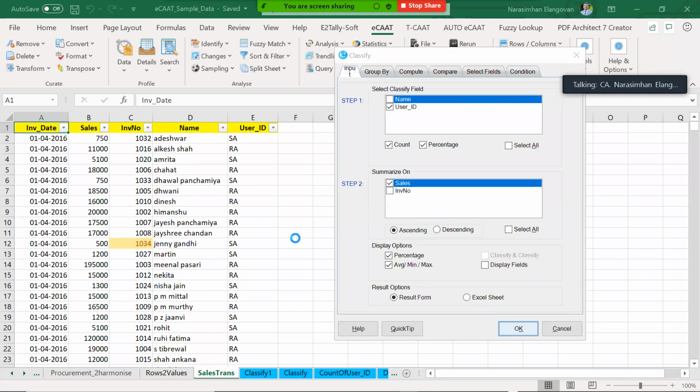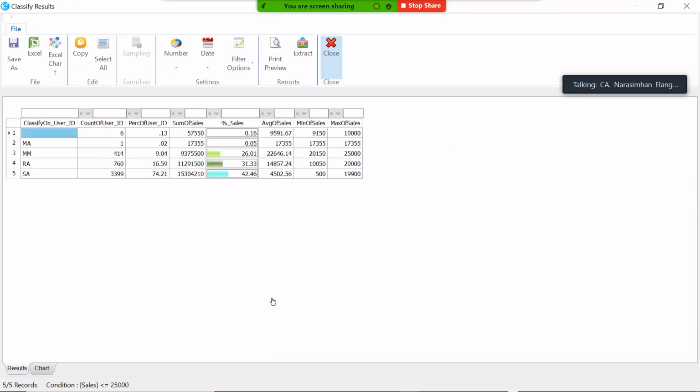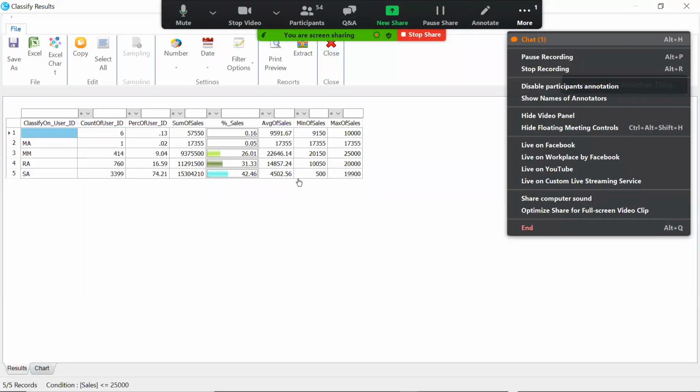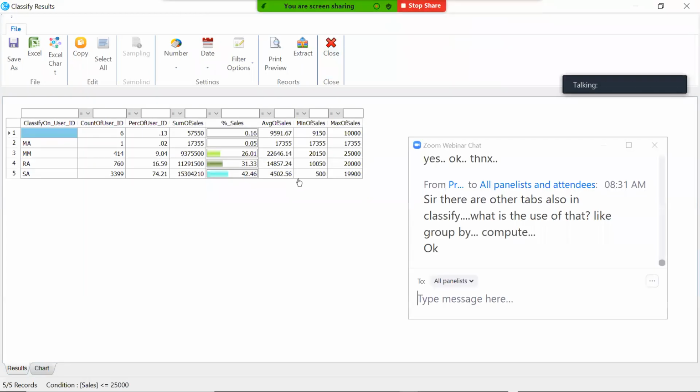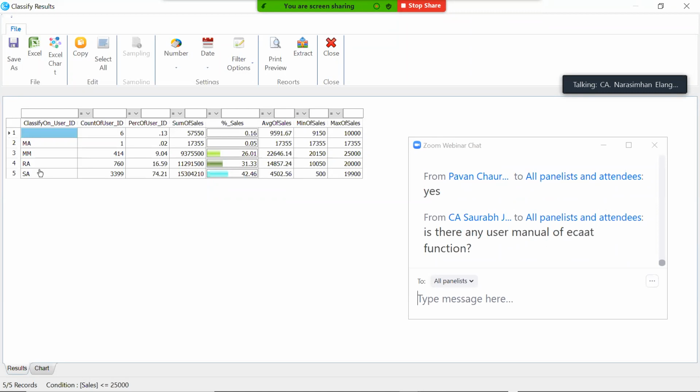Now this is where your data analytics tool becomes really, really powerful. Look at this. All the sales less than 25,000 only get displayed. How do I know? Look at this minimum sales and maximum sales. You see the range? Maximum is 25,000. Now imagine you have to run it in Excel. It is very, very difficult. You need to write a lot of formulae. Are you getting it? Imagine the time which it can save. This can also give you a conclusion. See, these are the only 4 users who are always dealing with less than 25,000 items. Correct? You can profile a person.